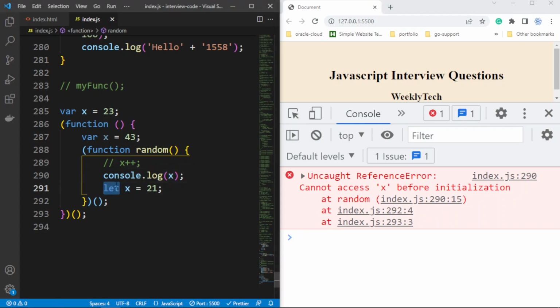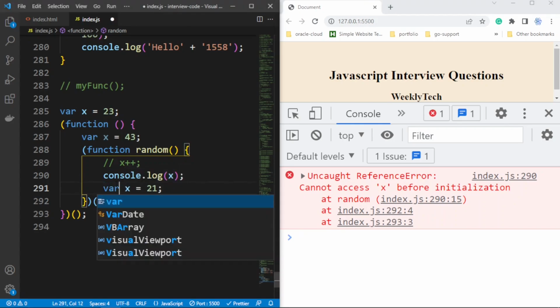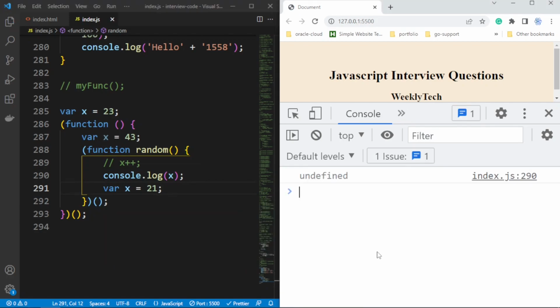Okay, now let me remove this x also from here. Let me keep it like this, and now you'll get undefined, and let me remove this x from here. Now what do you think, what will be the output? In this case you'll get 43 in the output, and if you will comment out this 23 in the output,